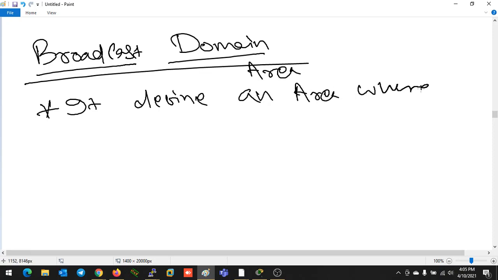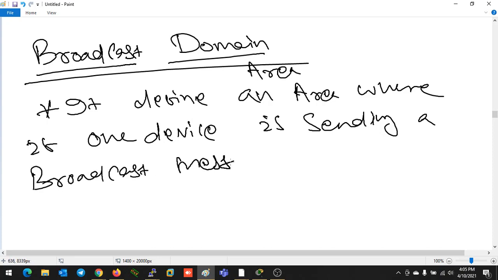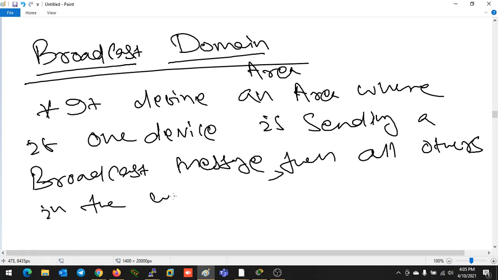where, if one device is sending a broadcast message, then all the others in the area will receive that.